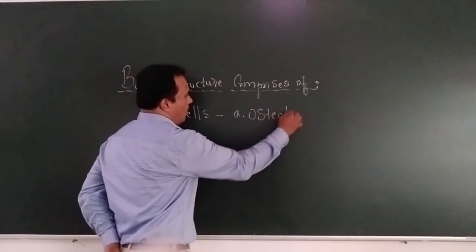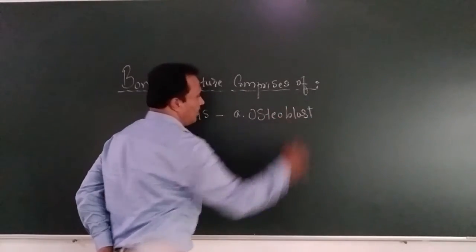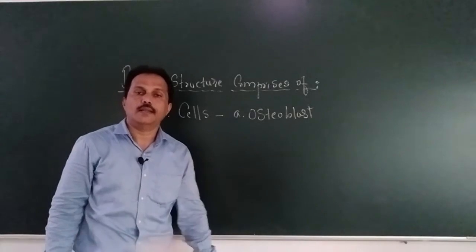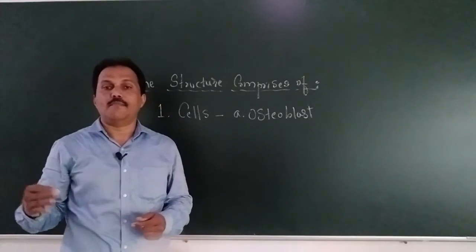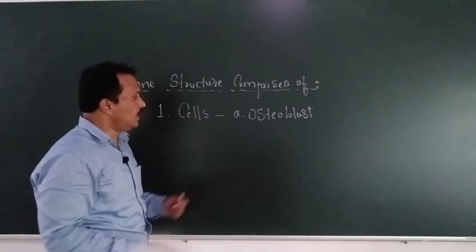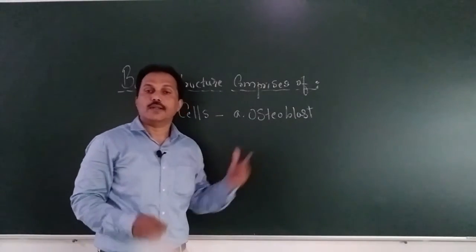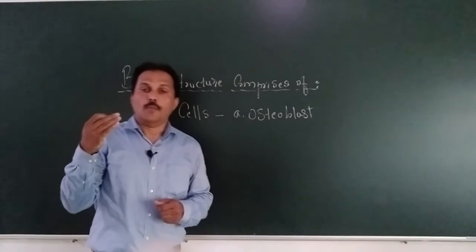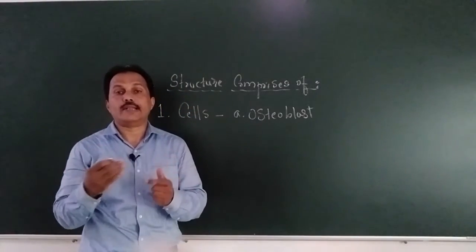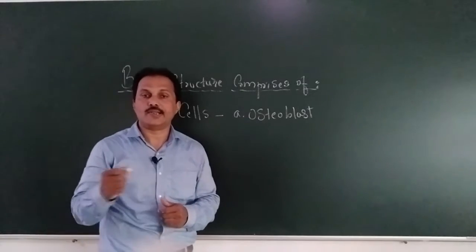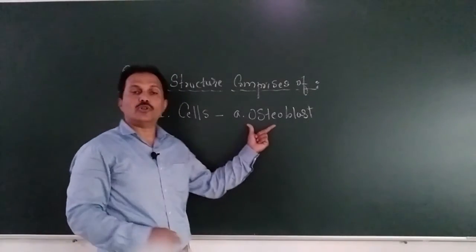osteoblast. Osteoblast type of cell. What is this osteoblast cell? These are the not that mature true bone cells. These are the cells which secretes the matrix substance. Bone मध्ये hardest substance, it is made up of matrix, and this matrix substance, it is secreted by the osteoblast.